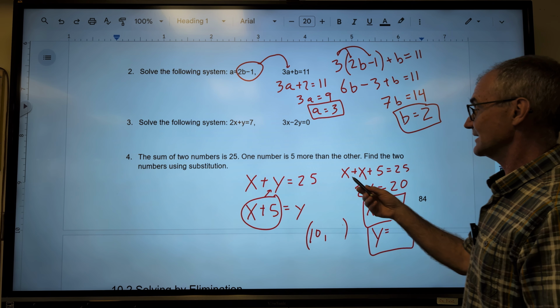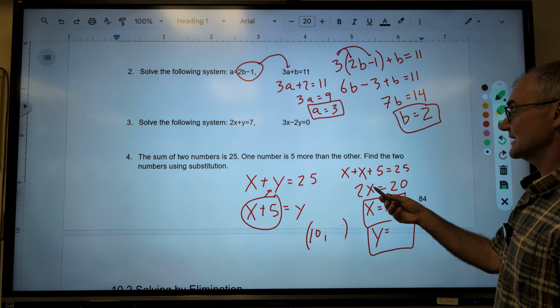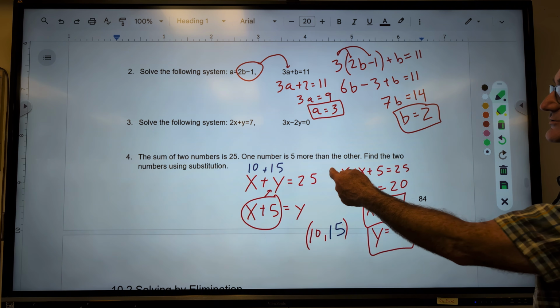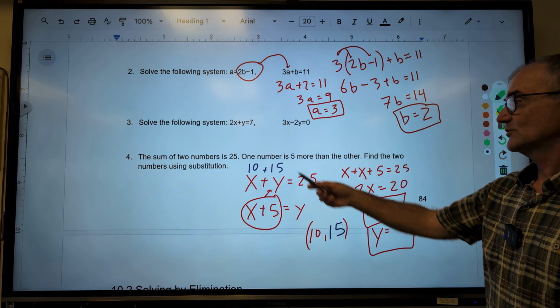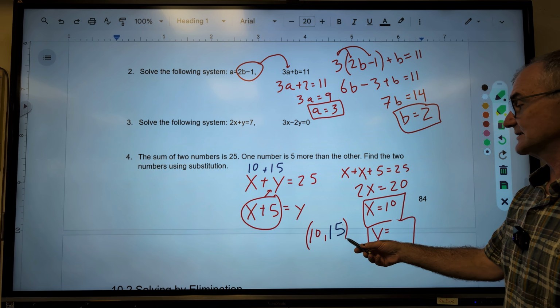I take that, I plug it in here. 2x is equal to 20. X is equal to 10. I am saying x is equal to 10. 10 plus what equals 25? It has to be 15. So y is equal to 15. Let me check if that works true on here. The sum of two numbers is 25. Yes. One number is 5 more than the other. Yes, that is true. Actually, let me go back and do number 3 as well,